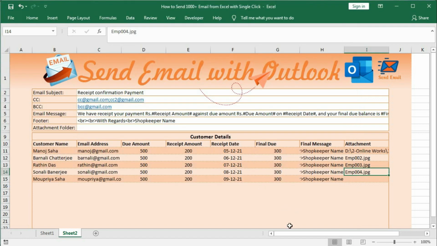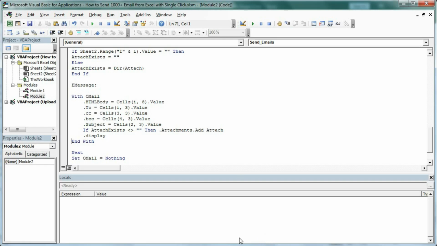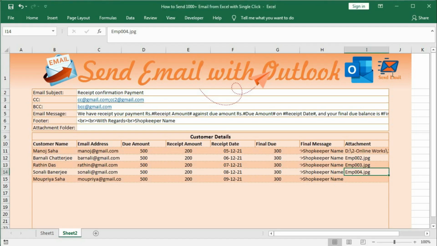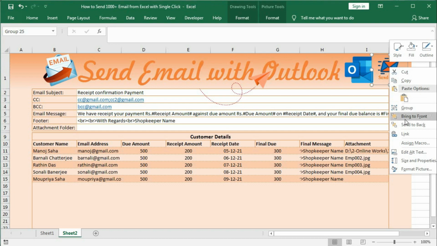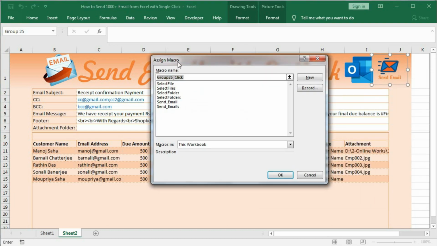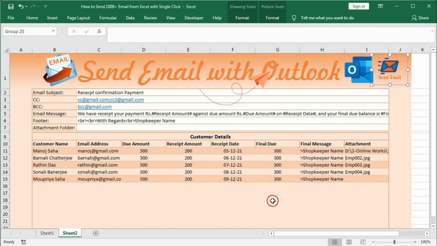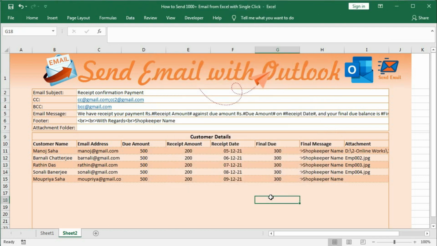Now we will link this macro with this button. So select this one, right click, assign macro. Now this workbook, here we have SendEmails. Okay, now let's check.